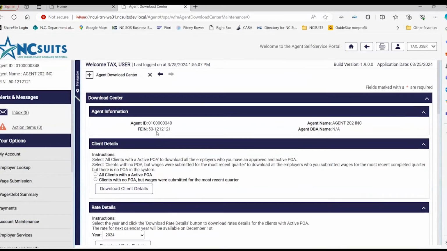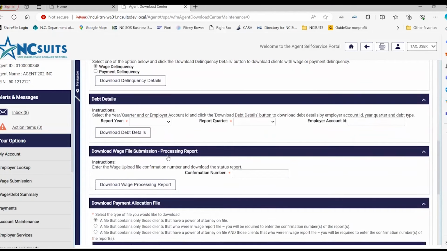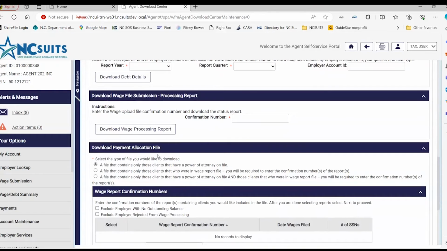We're going to scroll down. This download center will print a lot of different reports, with a lot of different options, but we're going to scroll down to download wage file submission, download payment allocation file. It will allow you to download a file that contains all of your clients that have a power of attorney on file,